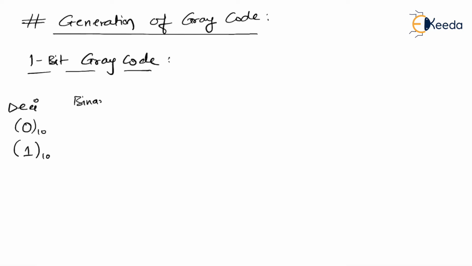So how do we represent it using binary? We use B0 to represent binary. Since only one bit is needed, 0 to the base 10 means binary 0 and 1 to the base 10 means binary 1. And now if I want to convert them into gray, I need only one bit here, again G0. Still we write this as 0 and 1.